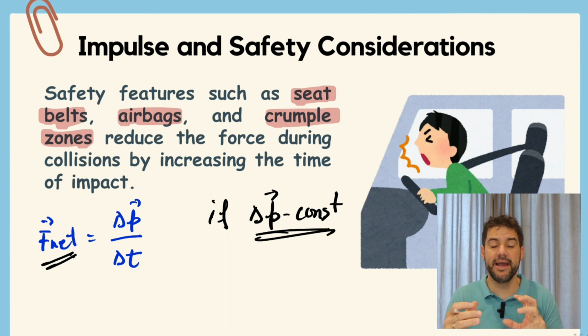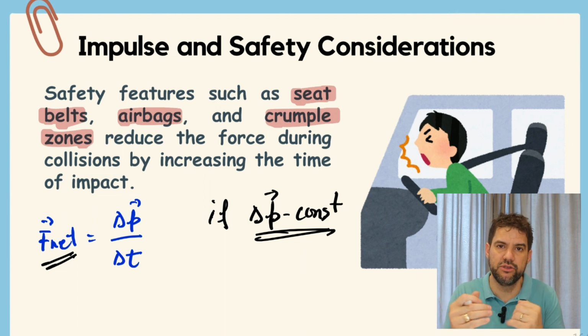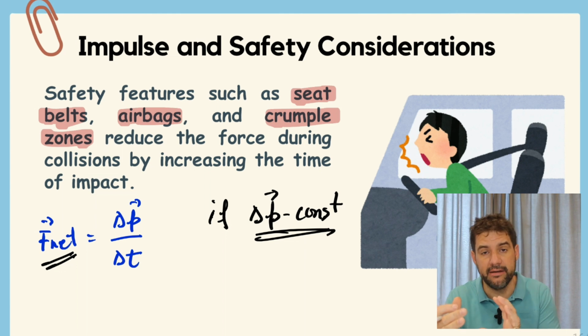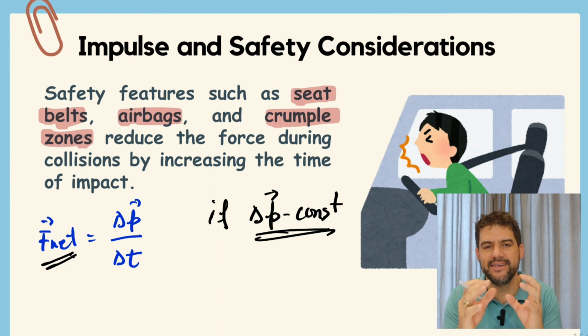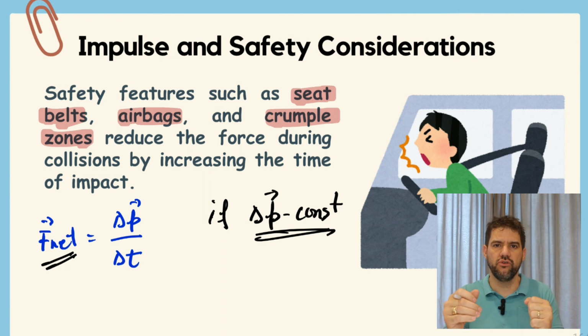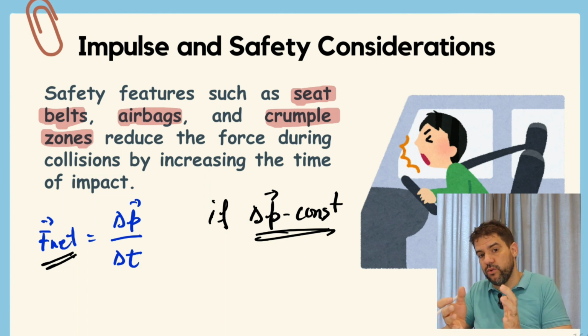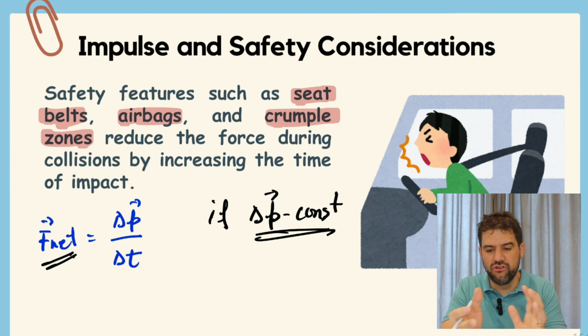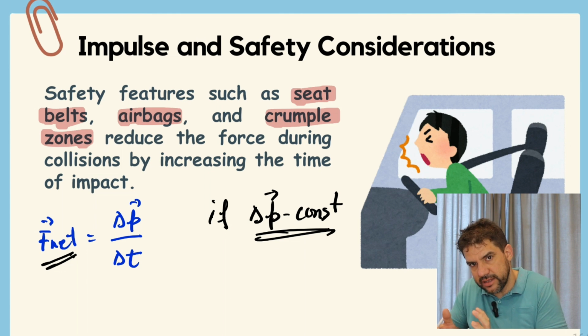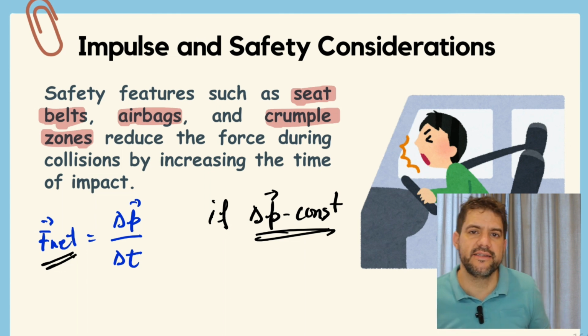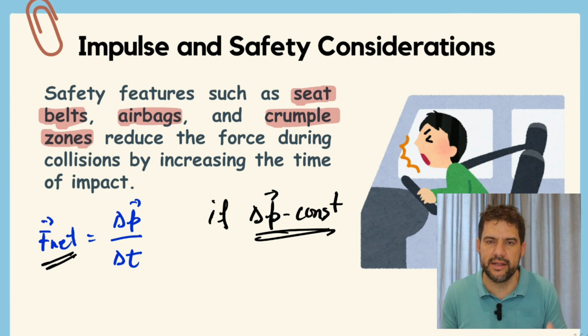When the airbag inflates, what happens is increasing the contact time between you and the car. And as a result, the force acting on you becomes smaller. Guys, it's important. If you catch a ball that somebody threw to you, you move your hands backward. You cannot keep your arms just like that. You move backward, you increase the contact time, and as a result, the force becomes smaller